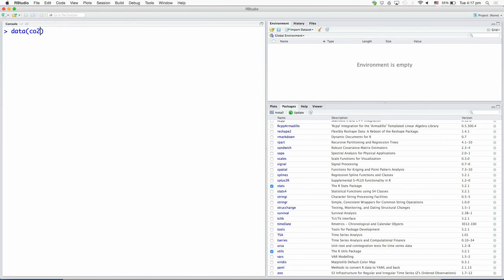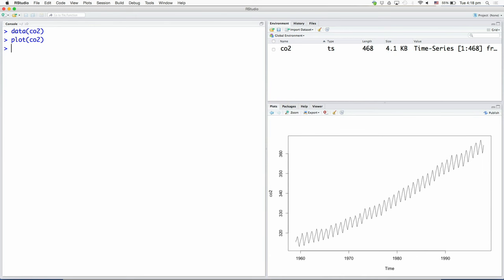with the base package. Always remember, this CO2 data set need not be just with one package. There are other packages, and when you load them, you can also have the same data set. I am referring to the CO2 data set that comes with the base package called datasets. So, it has loaded the CO2 data, and to confirm that it is indeed the same data that we worked with last time, just look at the plot and you will quickly notice that it is indeed the same one.